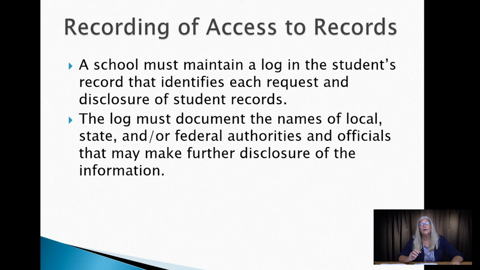And then we have to make sure that we have an access recording document. So if I was to go into your district, I would have to sign a document. I would have to put the date. I would have to put my name, where I'm from, and why. What is the reasoning for me to be in a child's folder? So you have to keep that documentation in case it was to go to court. We have to have those types of things to show that I did have access to that folder or information.